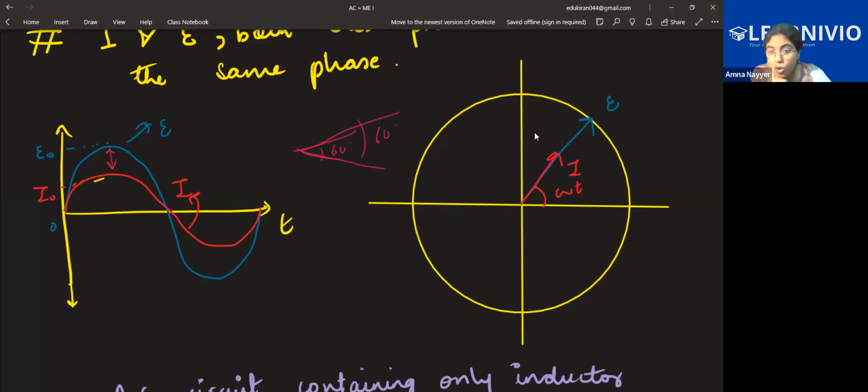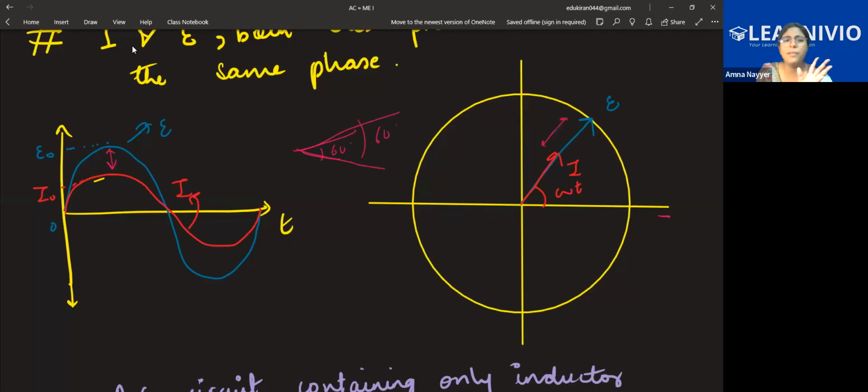Now, by just looking at the phasor, when you are even revising for your final exams, it should be clear to you that while just looking at the phasor diagram and the final answer, you should be able to recall everything: which is leading what, are they in the same phase. So they are exactly overlapping, same phase, with omega t from the reference. This is the baseline. There is no angle between them. And again, this is just showing the gap in the magnitude.